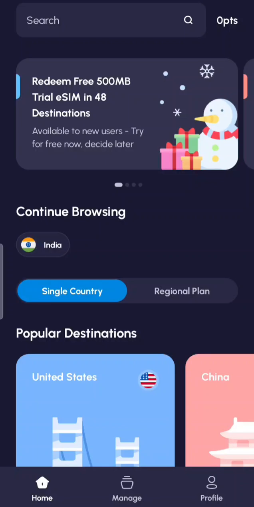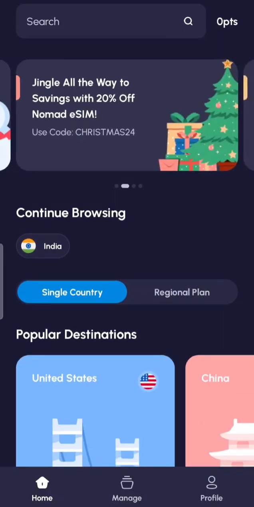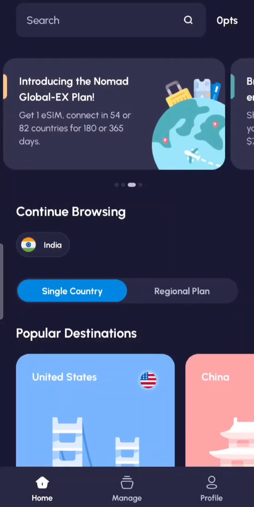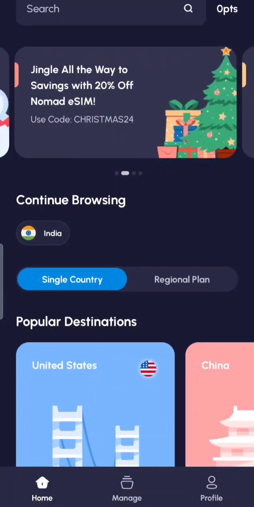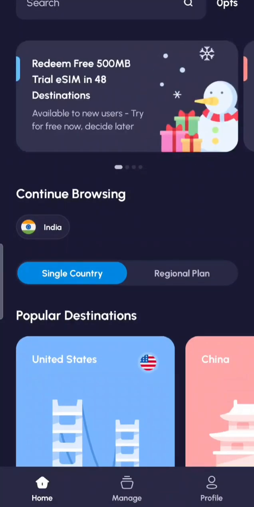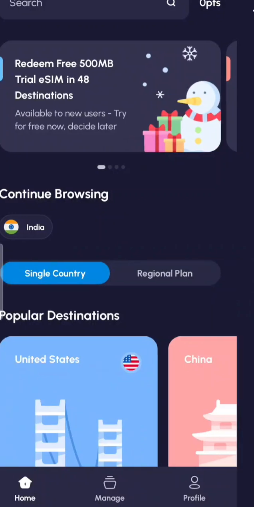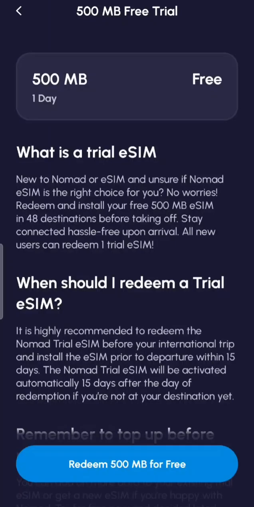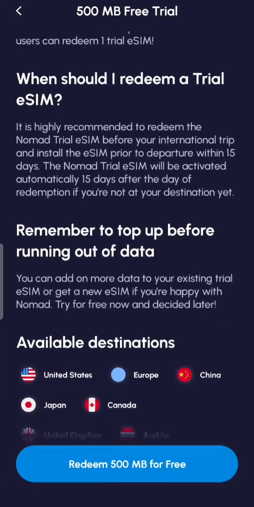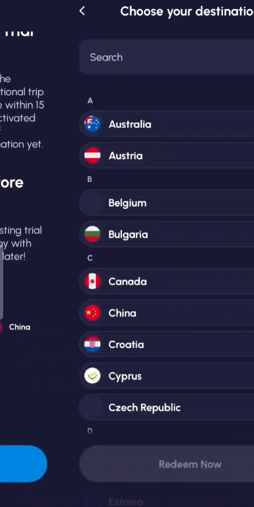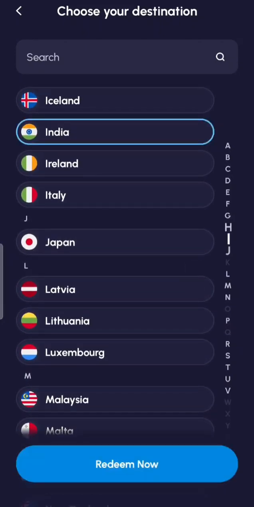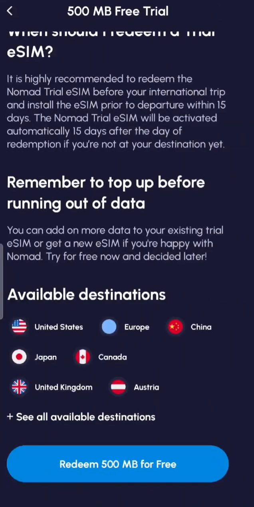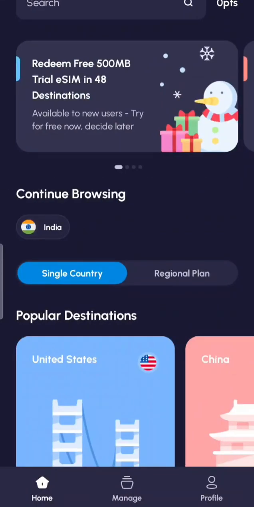Okay, perfect. Now on the home page you may see offers like you are seeing now, but these things vary. Right now it's a holiday season, so you are seeing 500 MB of trial eSIM in 48 destinations. This is really good, available, but yeah, not all destinations are included here. But yeah, India is there, so this is really good. I can redeem. Okay, but anyway, what you're gonna do in general,